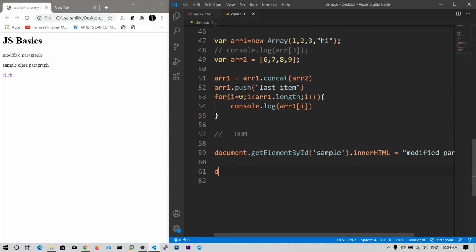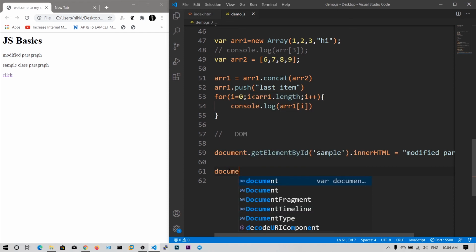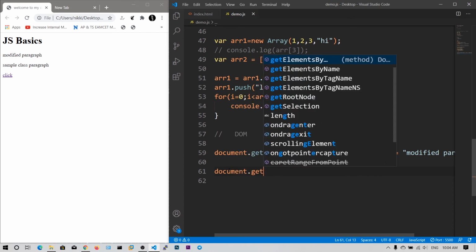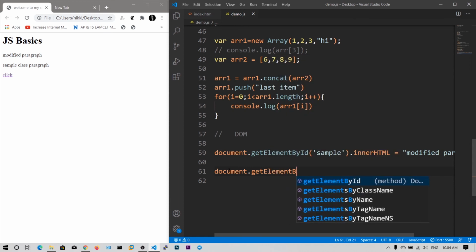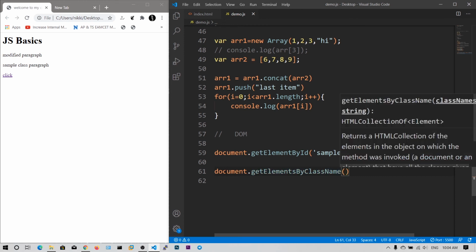Now I can access this by document.getElementsByClassName, and we need to specify the class I want to access, which is sample2.